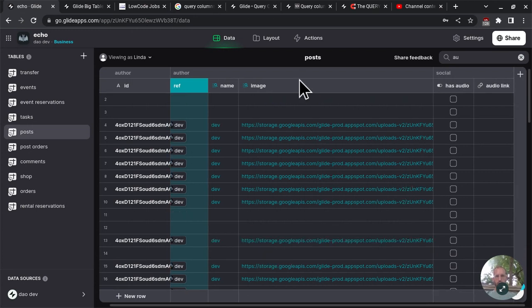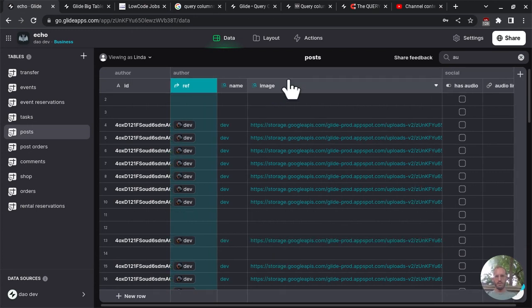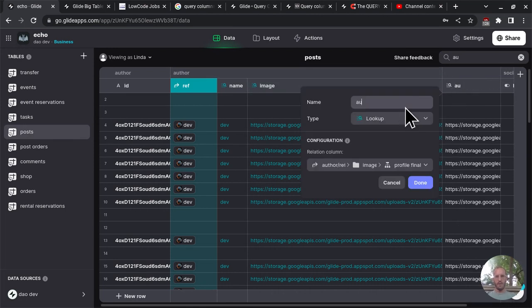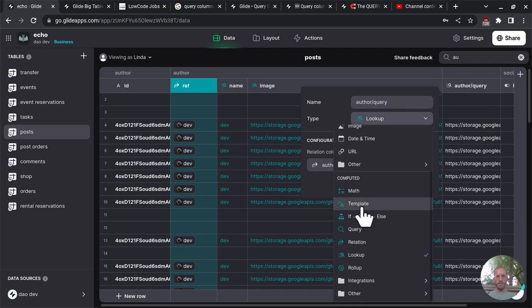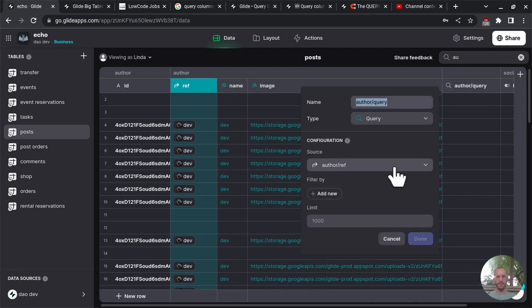I don't know. What are we trying to do here? Author. Let's just try something. So we'll say author and then query, and then it could be a query column, source, author ref. Oh, right, because the query column, right, the reference column can't be directly, well, you can. I don't know what it does. So the author ref, source author ref,